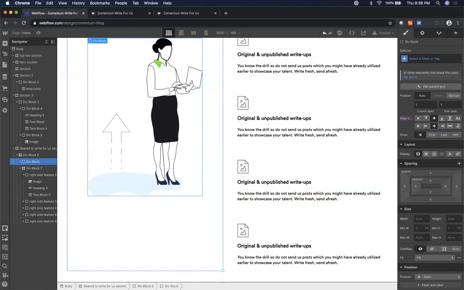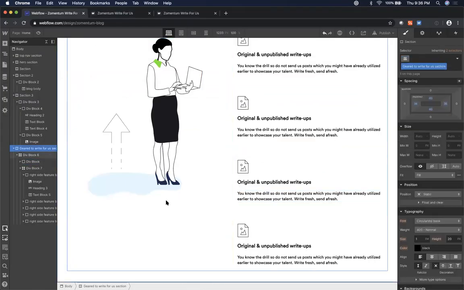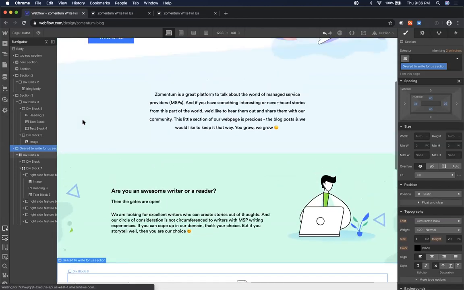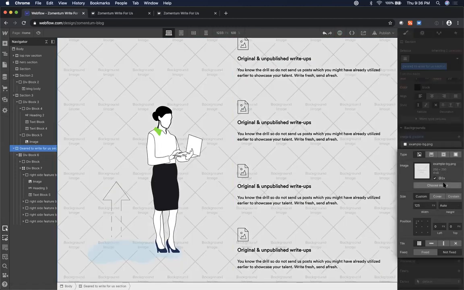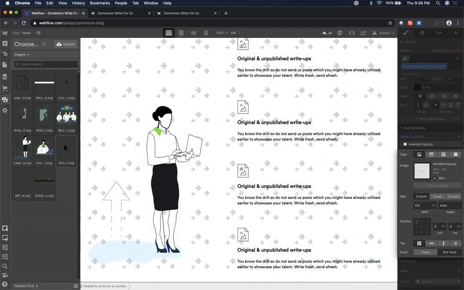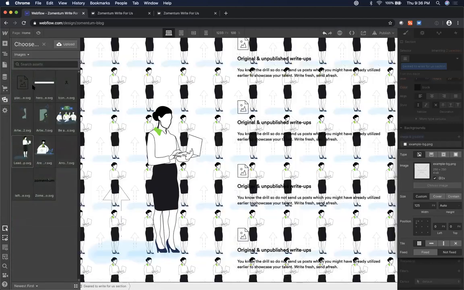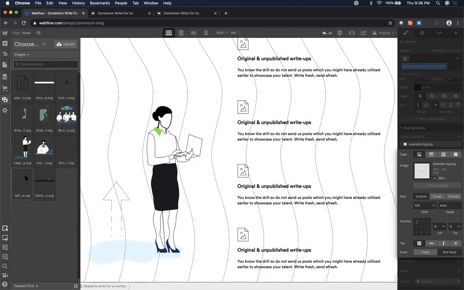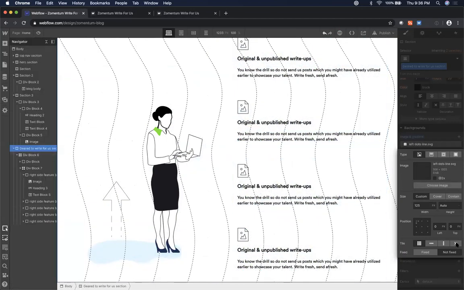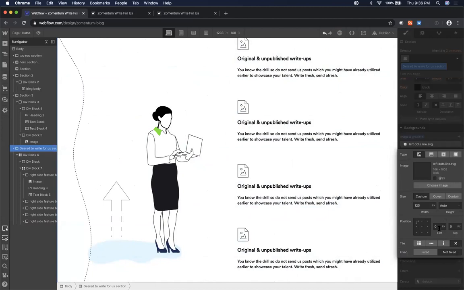Yeah. Now one more thing is pending here. I need to add the left continuous line here. Again, I'll select that section. I'll add that as an image. I'll add that. What is that? Yeah, this is repeating. I need to change the repeat thing, and what I'll do is I'll put it in center. Left side,